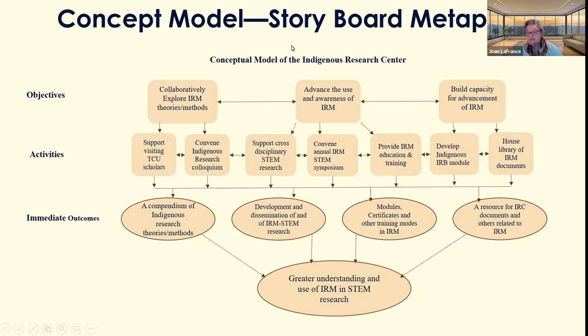And then I think finally, I've got to move over here, they were going to house a library of Indigenous research methodology documents. So they would have immediate outcomes: a compendium of Indigenous research theories and methods, a dissemination process to disseminate them and the results of the research that they funded.